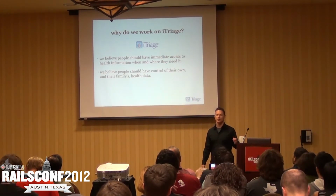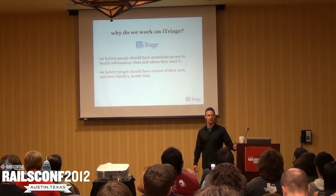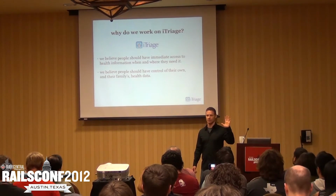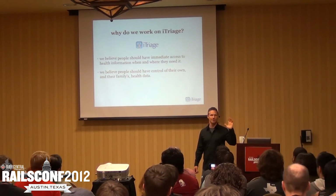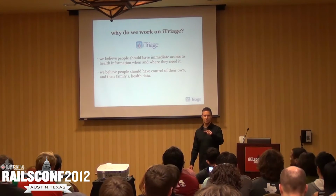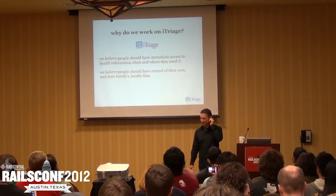The second piece is we believe that people should have control of their own and their family's health data. This is something that very little progress has been made on so far. Think about it. How many people in this room have access to their own health records? So, 2, okay? And you guys live in the U.S.? Well, there are other countries that have a little bit better handle on it than we do, and there's some